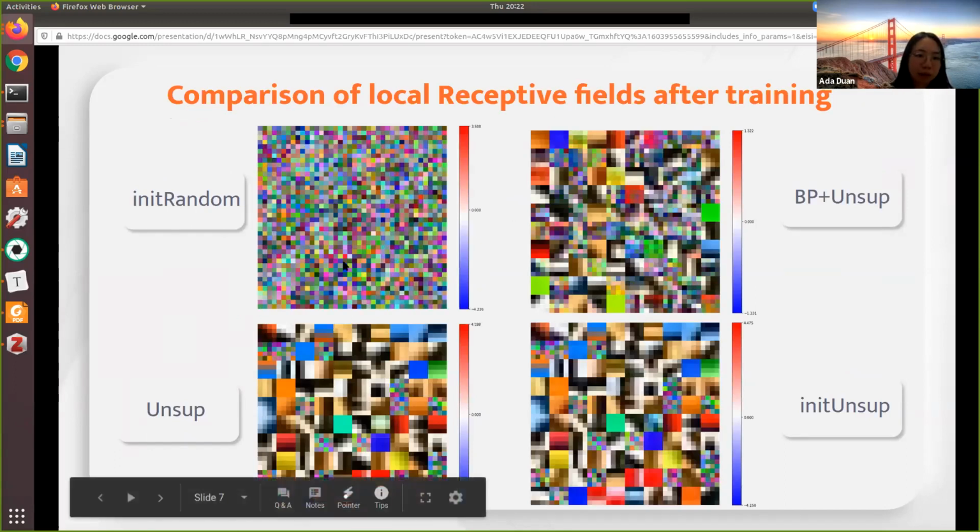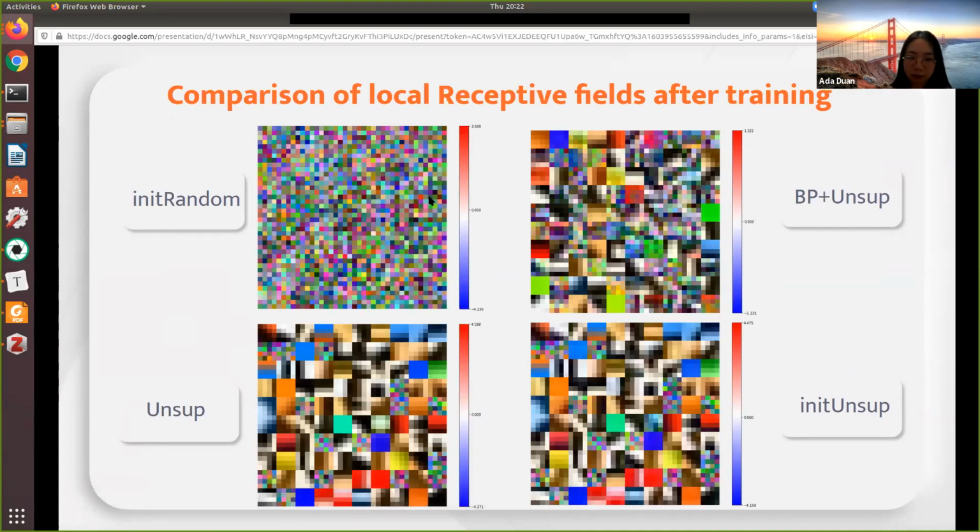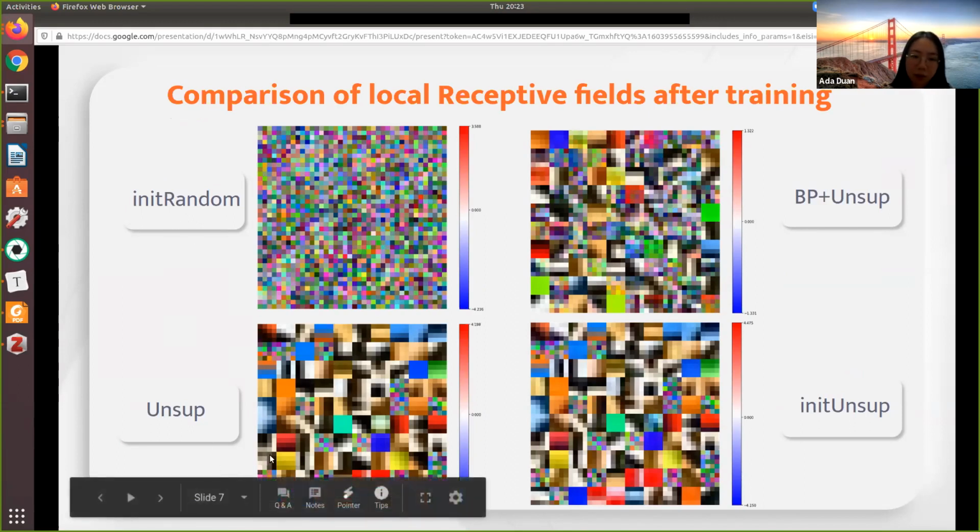So as we can see, backpropagation doesn't actually change the receptive fields much. If we initialize randomly, it still remains random. And if we initialize from the unsupervised trained kernels, there are some small changes of weights, but it's barely perceptible if we compare this one and this one.